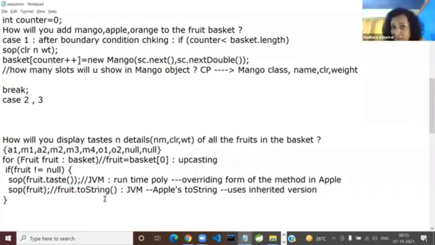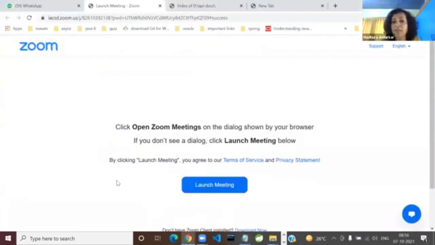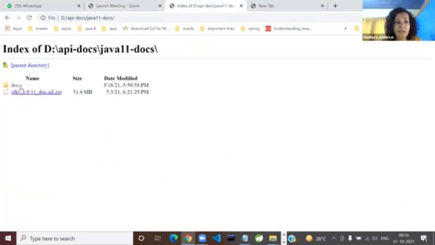So do you understand my question? I said, how will it internally, automatically call the toString? Has anyone tried it? Two or three of you had given me the right answer yesterday. I don't remember whom, but somebody had given it. So what about the rest? Have you looked at it? Have you tried finding it? When there is silence, it means you have not tried. So here, open the Java docs. I've given you the clue. It is all there in the Java docs. So open the API docs, Java 11 docs,